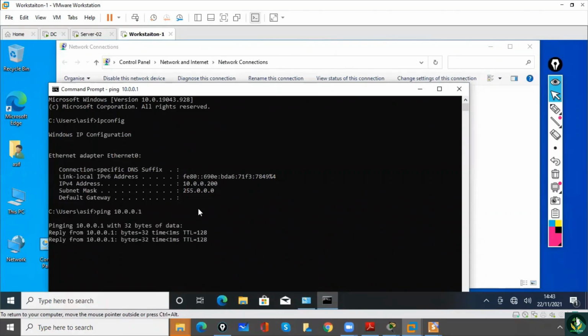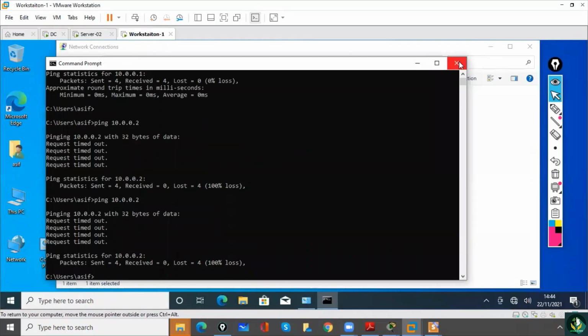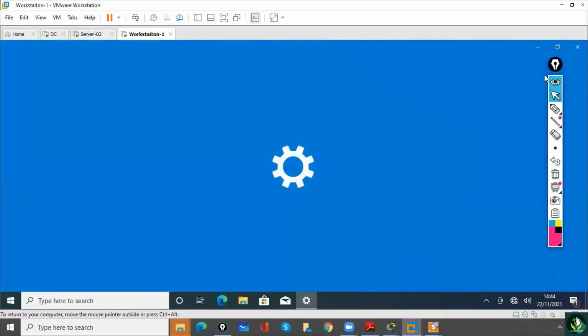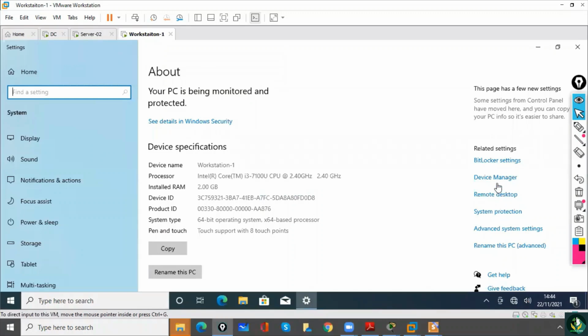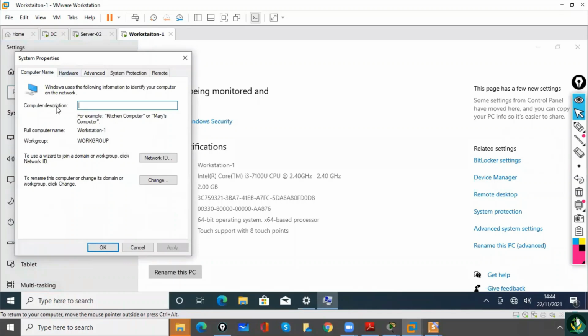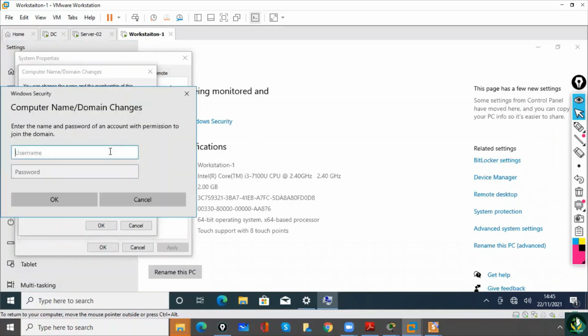10.0.0.1. It is pinging. Okay, so it is not part of the domain. Let us join this computer to domain. Then we'll verify. We'll go to properties, then advanced system settings, then computer name. Under computer name, select this change option, domain ms.com. Then we'll click OK. Administrator @